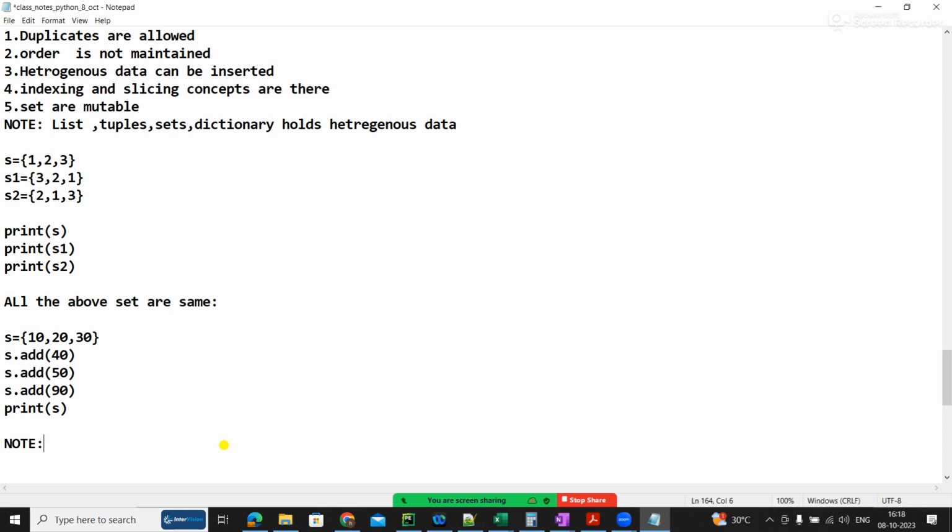As I told, the append function is applicable for the list. However, to add data in a set, we use the add function. And we should also have remove.